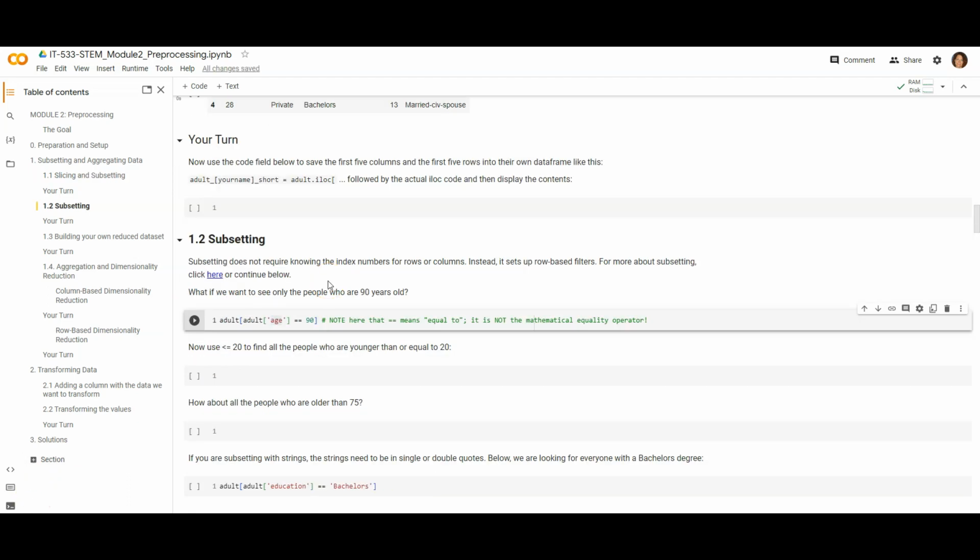Subsetting does not require knowing the index number. We are not working with iloc when we subset. Instead, we work with the attributes, and we're basically building a filter for the attributes. Here's how this works. So if I want to find all the people who are 90 years old, then I